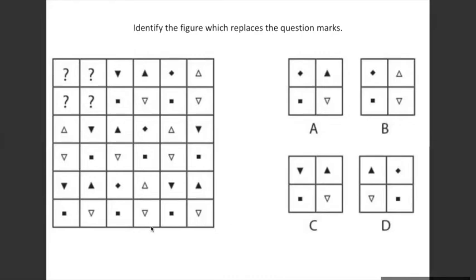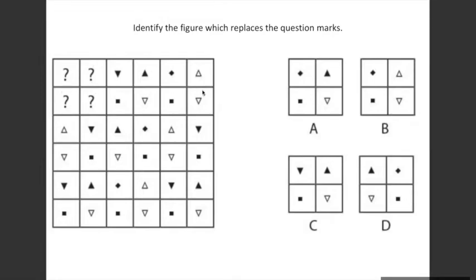You're given some kind of a grid system here. And there are 4 boxes which are left, question mark. You have to find which of these will fit here. And it has some symbols: black filled triangle, open triangle, a square, a diamond shape. There are 4 symbols here. You have to find which one will fit in here.